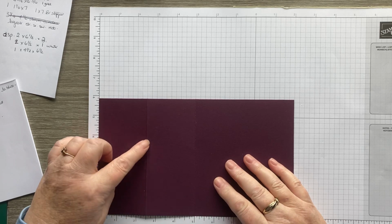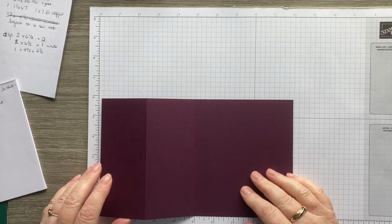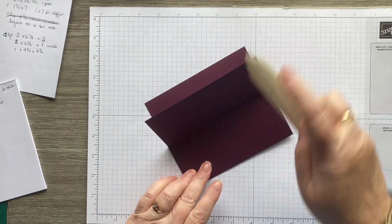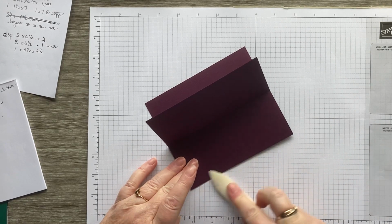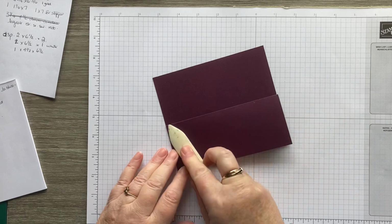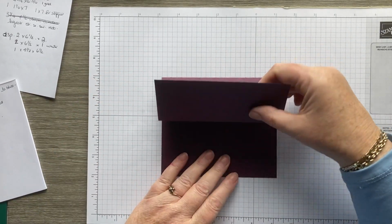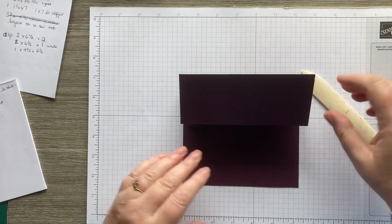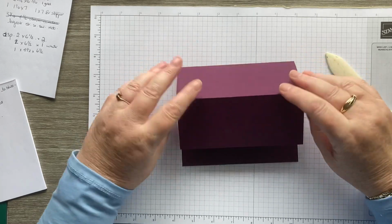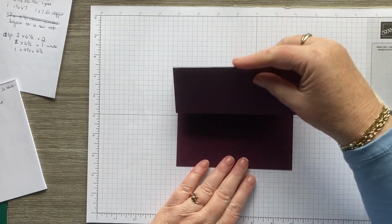Okay, and you're going to score it at 2.5 and at 5, which I've already done. So you're going to fold a 5-inch one like that, and then fold this one back. So when we turn it round, it'll be like that. Normally an easel card goes like that, but we're going to do a reverse one just because we can. Okay,